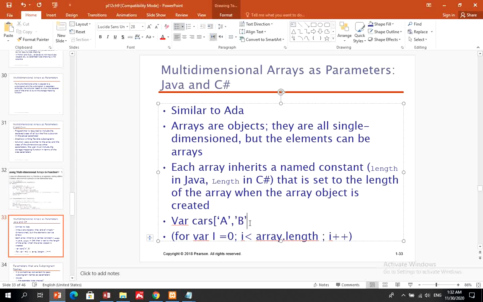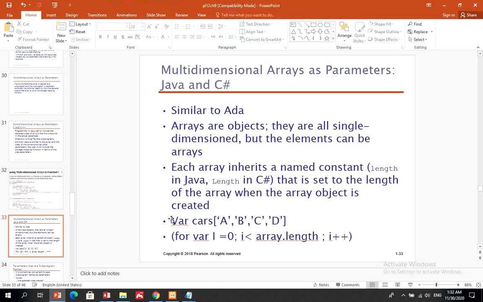b, whatever, and then c, and so on, d. This array, this is a single dimensional array, is size 4, 1, 2, 3, 4. So the length refers to how many values are being declared in the declaration of this